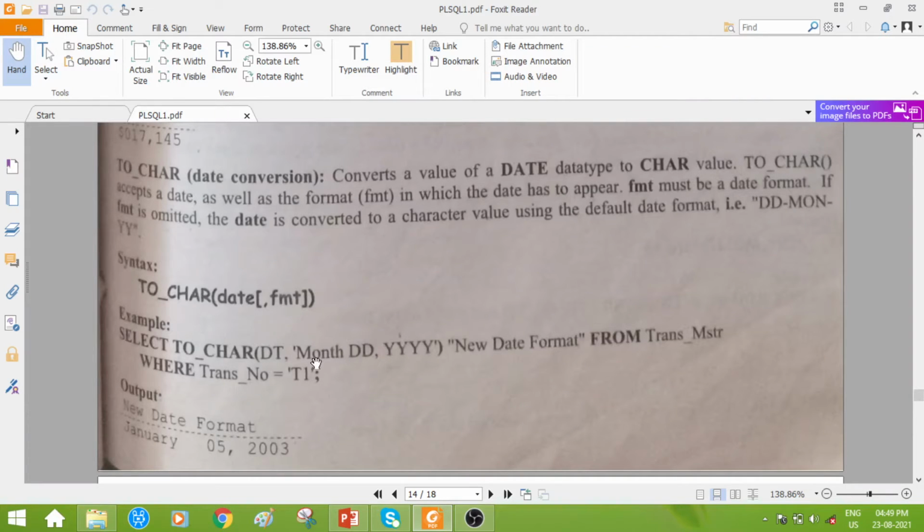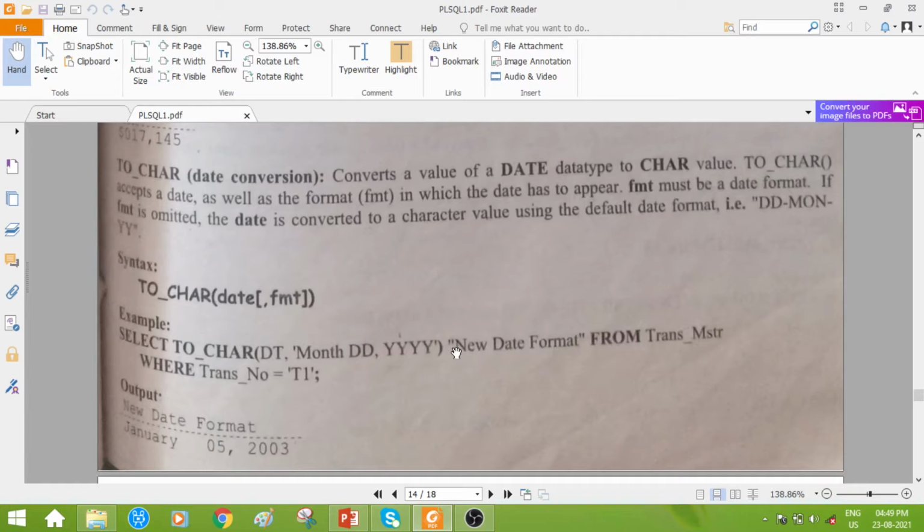The format is not date month year; instead we have given month date and year. This format has to be mentioned within single quotes: month date year, with the comma also, so this is how we want to see the output. And this is a column heading to view the output.